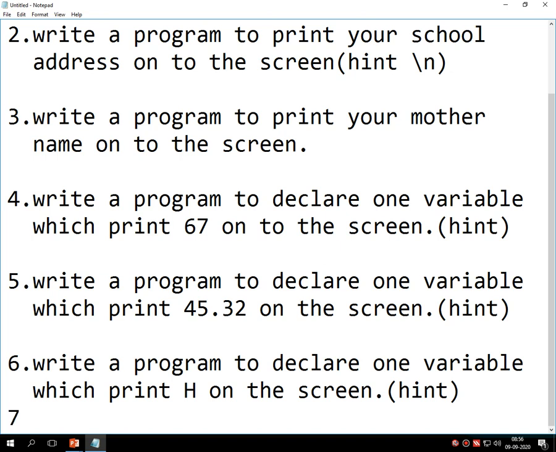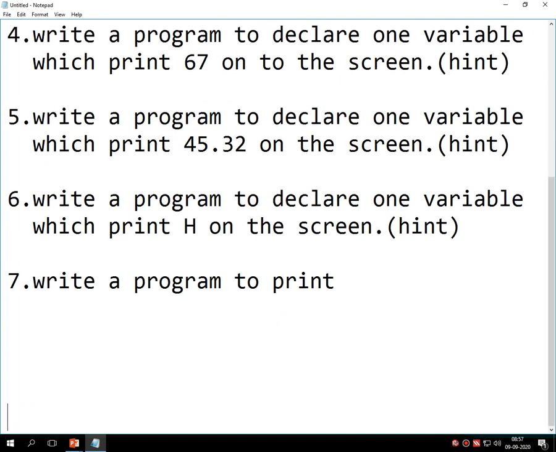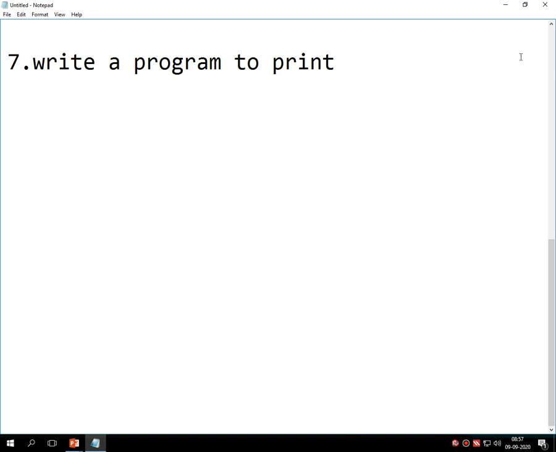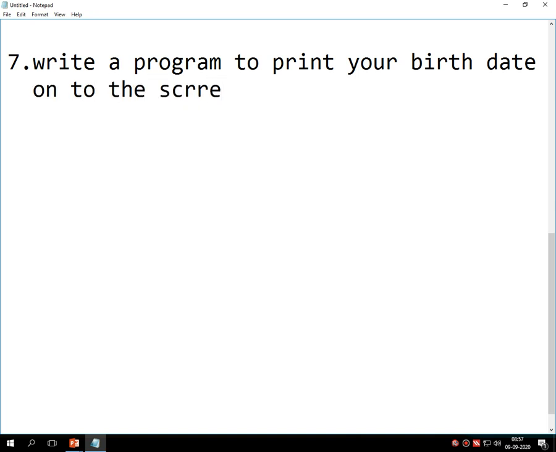Program number 7. Write a program to print your birth date onto the screen.